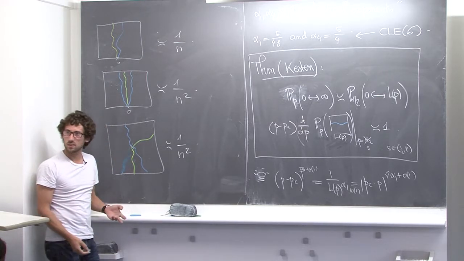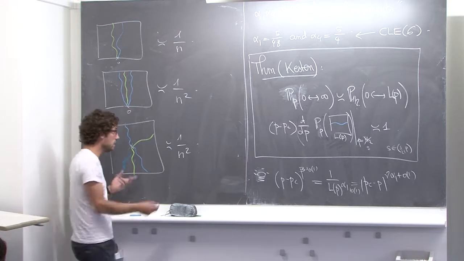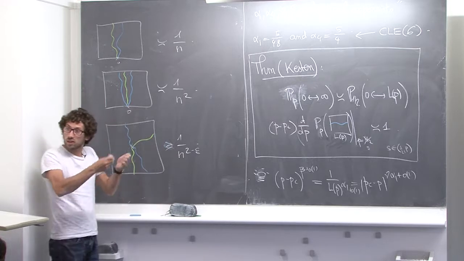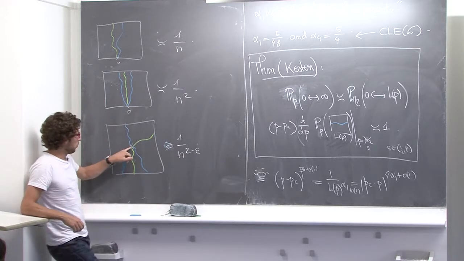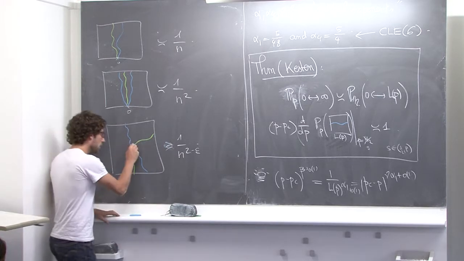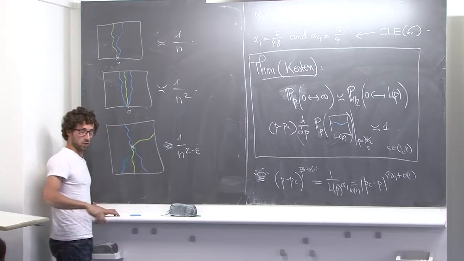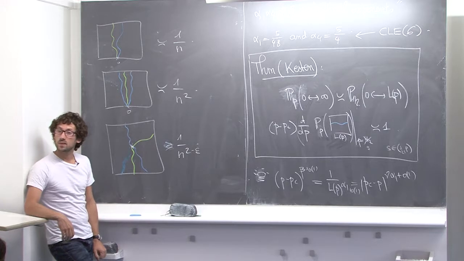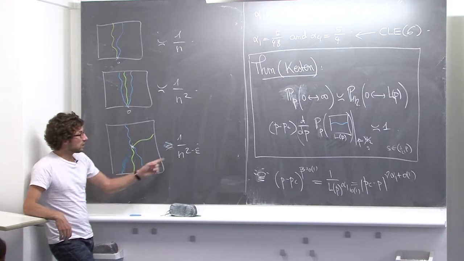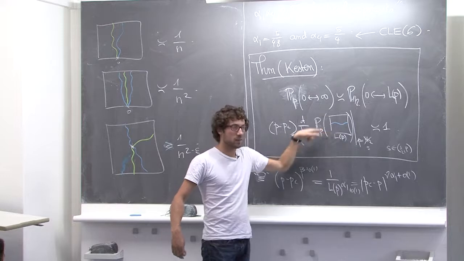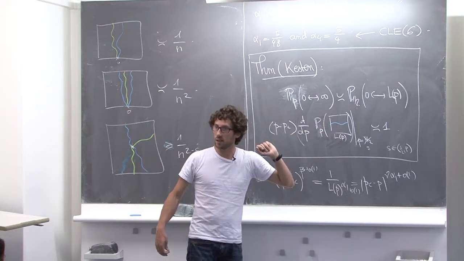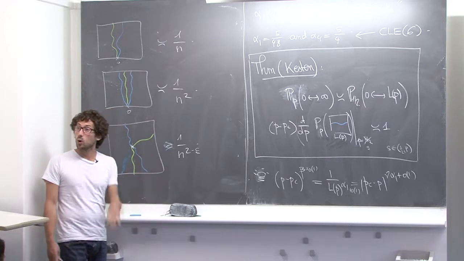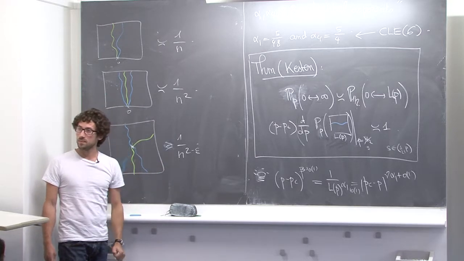Should be easier, right? It is easier, but it's really easier by an exponent. You can earn an exponent. What did you just prove here? You prove that the probability that this edge is pivotal is larger than 1 over n to the 2 minus epsilon. So it tells you that the derivative here, since I have basically n squared edges, is going to be larger than n to the epsilon. So it blows up when n tends to infinity.